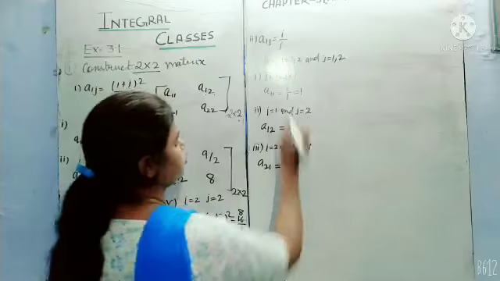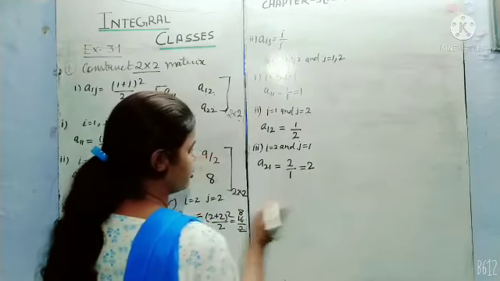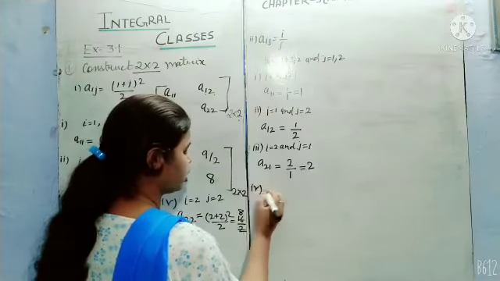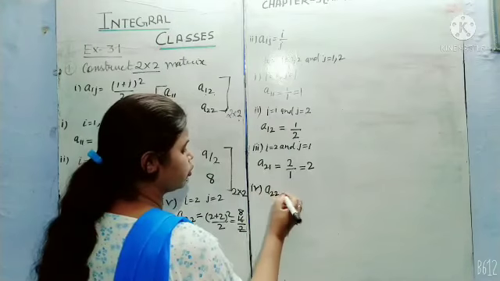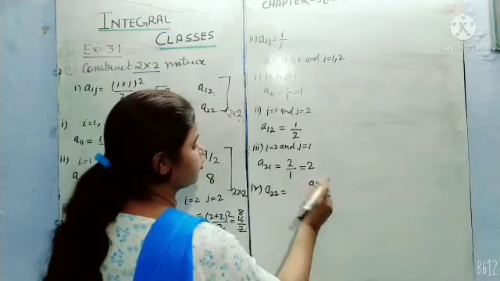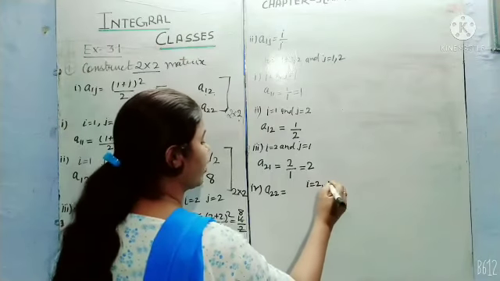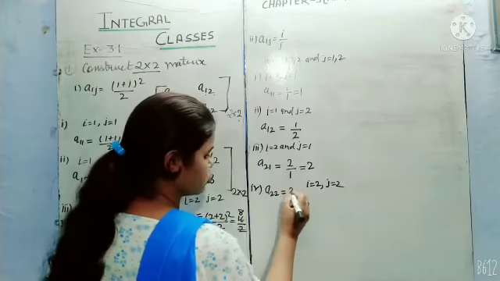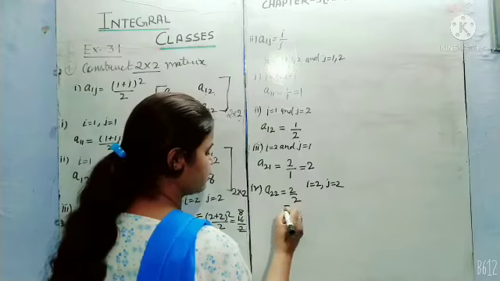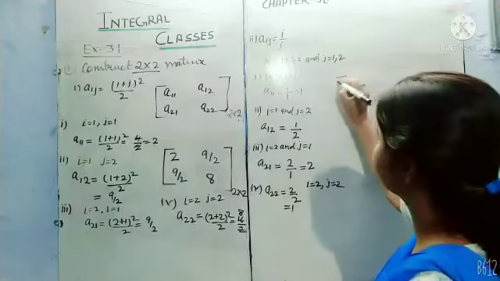I equal to 2. It means 2 upon 1. So the answer is 2. Now for A22, it means i and j both are 2: i equal to 2 and j equal to 2. So 2 by 2 means we will get 1. So the required matrix is